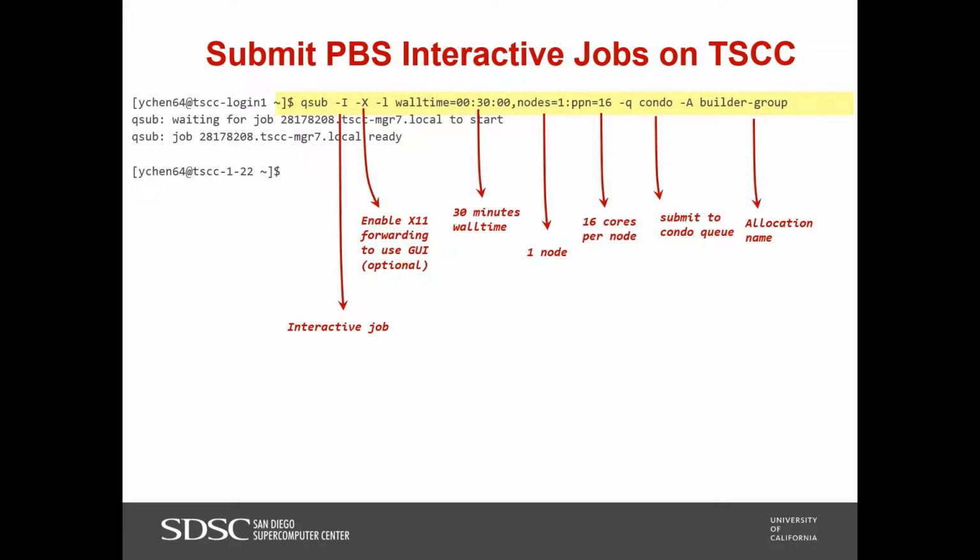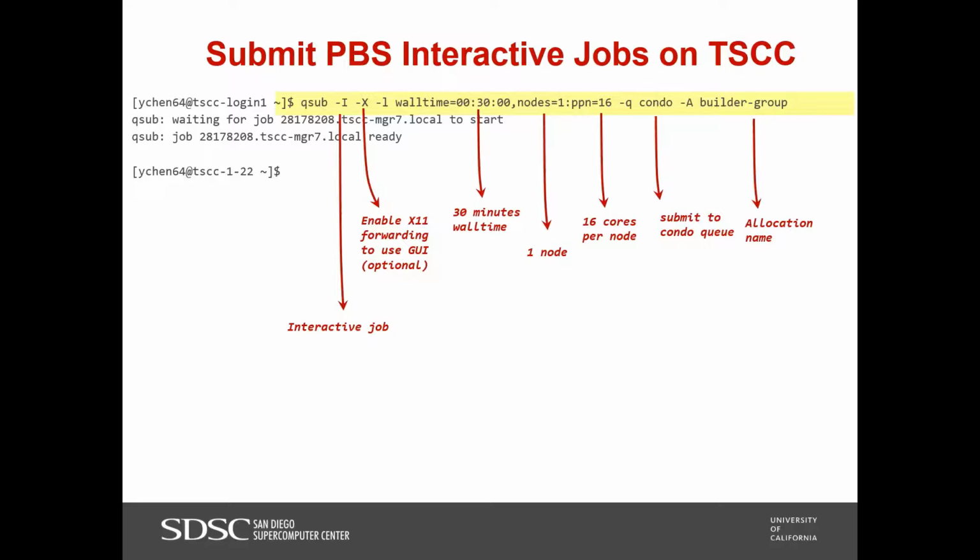Here I am using 1 compute node and 16 cores per node. Then -q is an option for you to specify which queue you want to use. In this example, it's the counter queue, and the -A is for you to specify the allocation name.